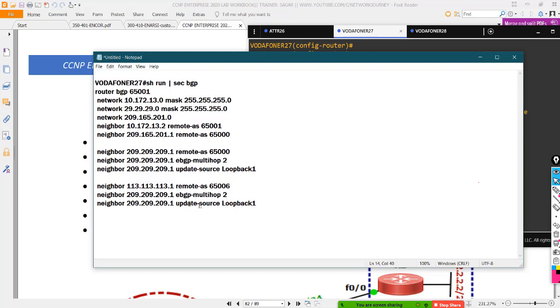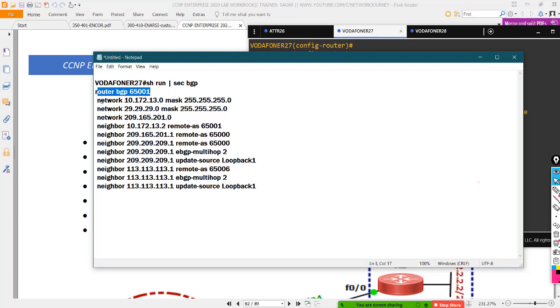I'm going to say this neighbor has eBGP of 2. Again, this neighbor is going to have update source on loopback IPs. So if you see, there are multiple policies which could have been combined, or what happens,